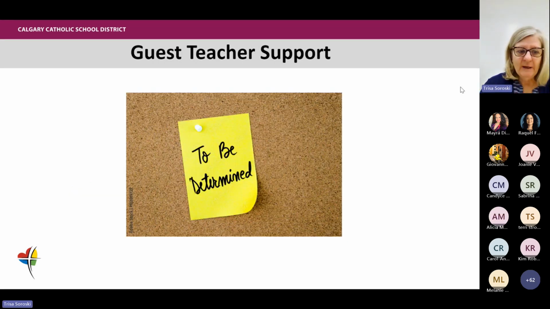Yes, teacher support. So I can tell all of you that I am working really hard with Leanne Timko and Kathleen Kostyuk, our diverse learner director and superintendent, on getting some support in place. They are behind this. They know that we want to definitely support you as you're going through this, because we really want this assessment to be done by you, the classroom teacher. We really don't want it to be somebody else coming in to do the assessment.